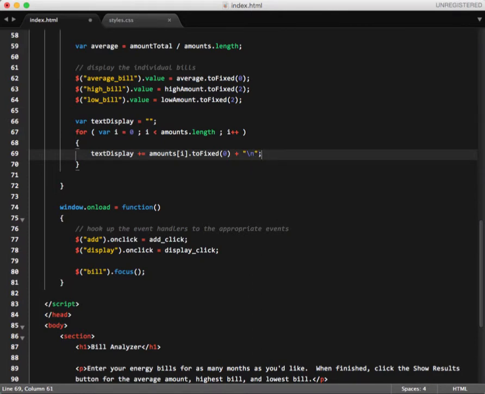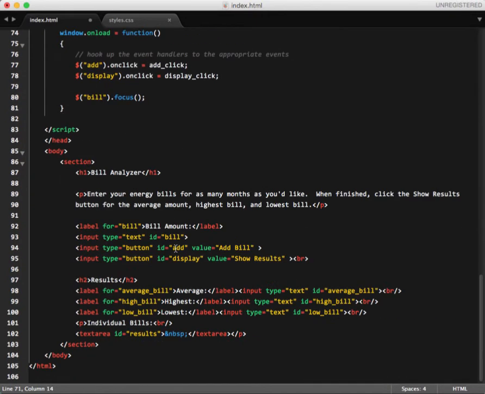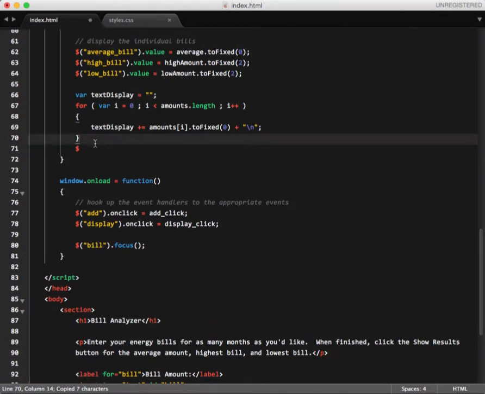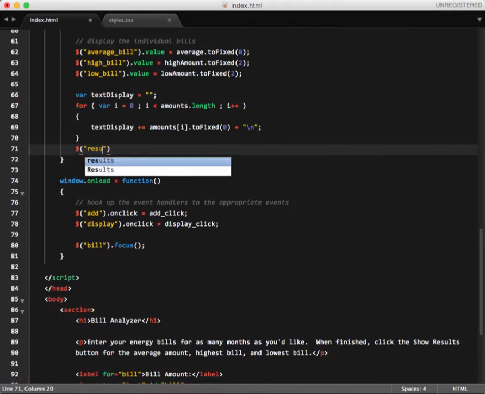And then I'm going to concatenate a carriage return onto the end. So as this string gets built, it will put the amount in, a carriage return, an amount in, a carriage return, and do that however many times it needs to. Then, once I've done all of that, my text area is called results. So I'm going to go to results, and I'm going to set the